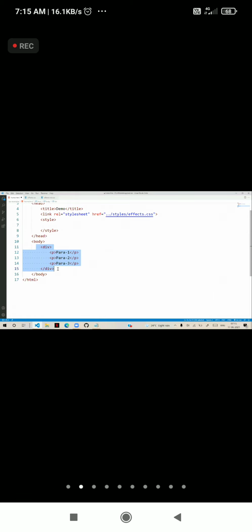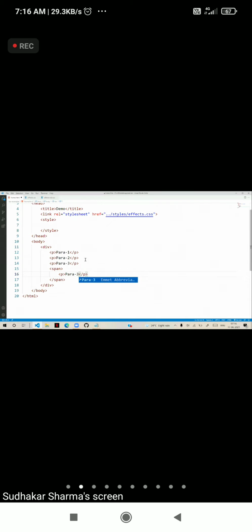Now, if I want to apply to all paragraphs inside that particular div, sometimes what happens is, we are having the fourth paragraph. We created a span. In that span, we have para 4.